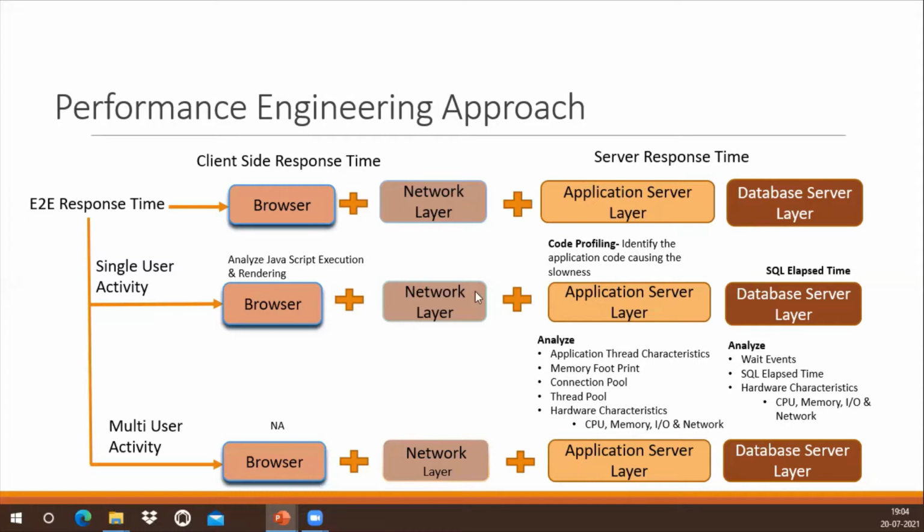Suppose the end-to-end response time is 5 seconds, we can see how much time is spent in the application server, and within that, which method or piece of code causes response times to go high. So that is one way. Again, it depends on the application architecture. Even with the help of logs, we can identify which method is taking more time. In some applications, there are logical layers within the application server as well, so it also gives us how much time is spent in each and every layer. Okay.